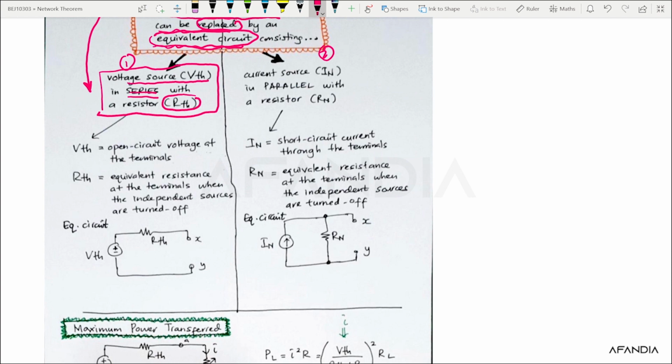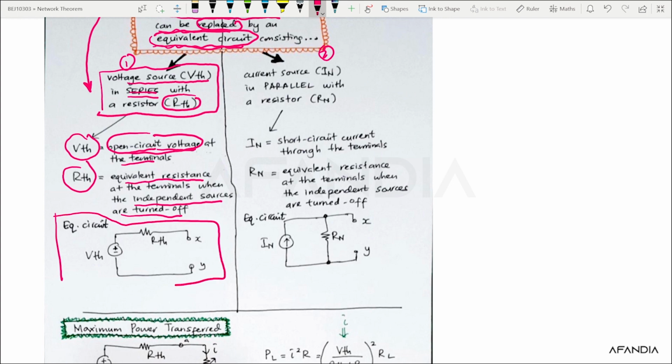Now note that VTH is actually an open circuit voltage at the terminals, while RTH is the equivalent resistance at the terminals when the independent sources are turned off. And this is your final equivalent circuit once you manage to finalize what is your VTH and what is your RTH. Now, on the other hand, you have this